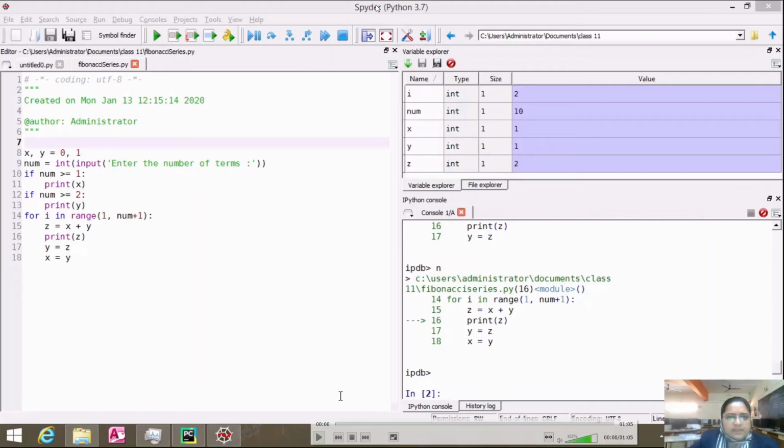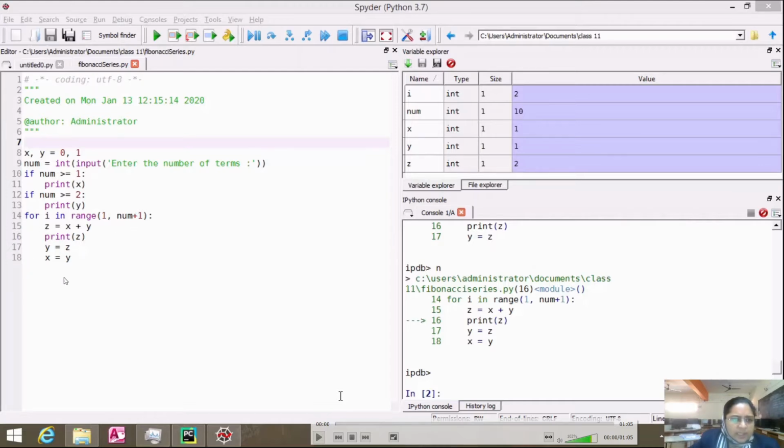You can see this is the Spyder IDE and I'm using Python 3.7 on it. Here you can see the variable explorer where you can see all the values of the variables, all the intermediate values of variables. And here you can see the IPython console, the interactive mode, where you can easily check the values of variables, the output, the input, all those things which we do in a Python shell in the normal Python IDLE. And this side is the script window where we type the script.